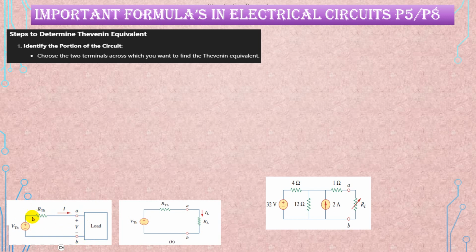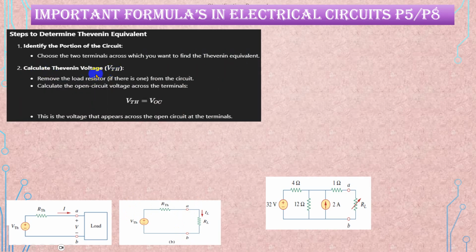We need an equivalent circuit between A and B, and on the right hand side we connect a load resistance which is always varying. We want the analysis every time. So choose the two terminals across which you want to find the Thevenin's equivalent. We choose A and B on the left hand side. Then calculate the Thevenin's voltage. How to calculate that? For that, remove this RL, the load resistance, if there is one. If it's not given, no problem. If it is there, remove it, and across AB, looking from right to left,